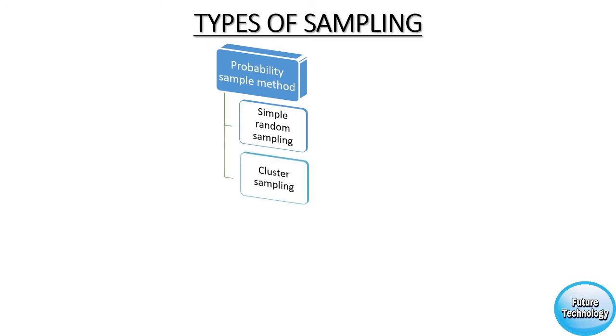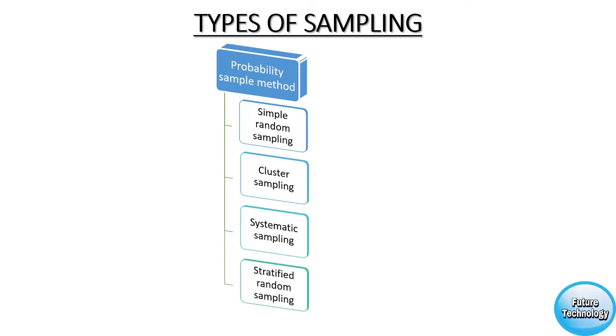Cluster sampling. In cluster sampling, the researcher divides the population into separate groups called clusters. The population is divided into groups. Then a simple random sample of groups is selected from the population. Systematic random sampling. The researcher first randomly selects the first item or subject from the population. Then the researcher will select every nth subject from the list. In this technique, the researcher selects up to the nth number.